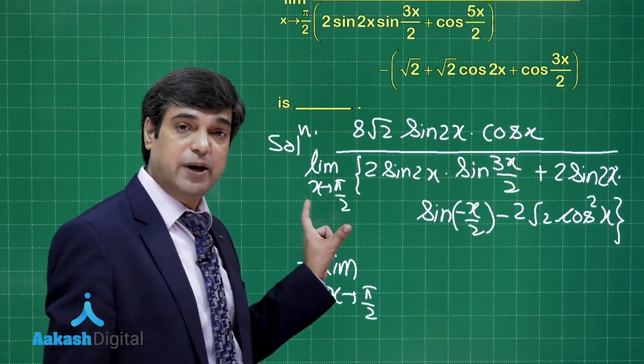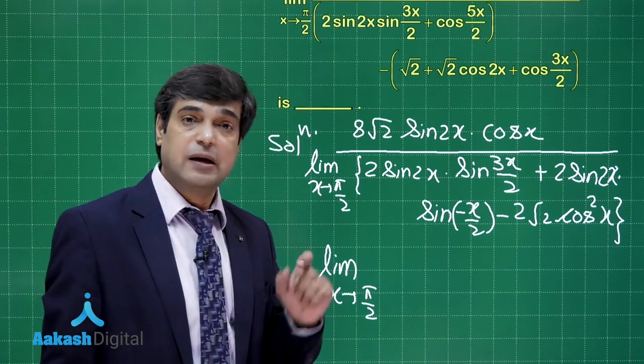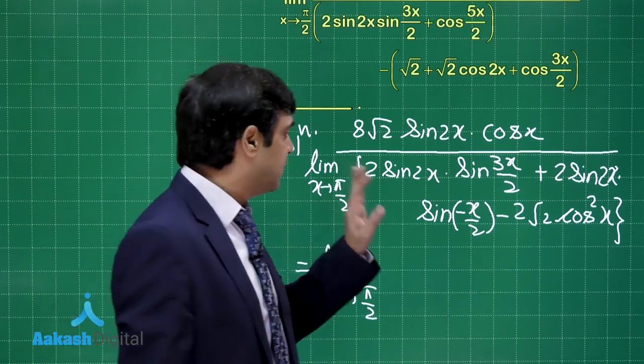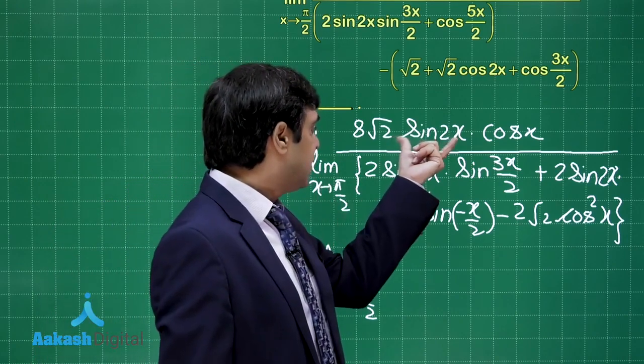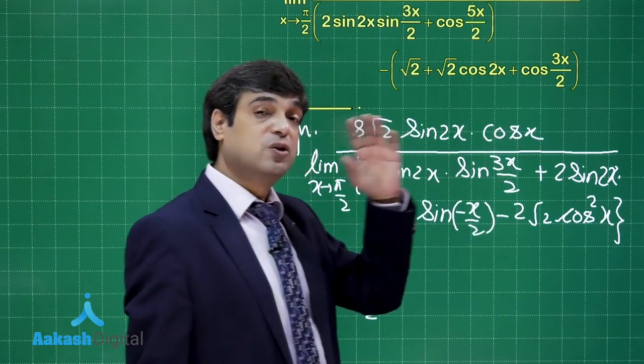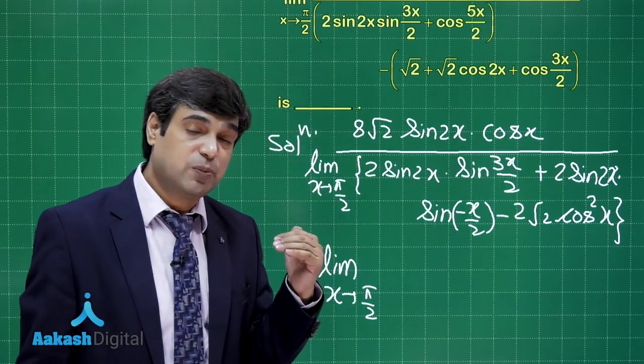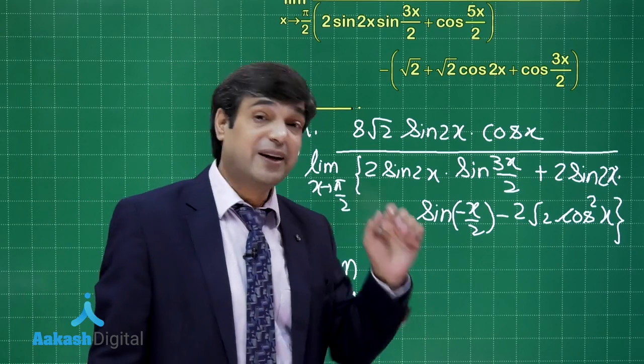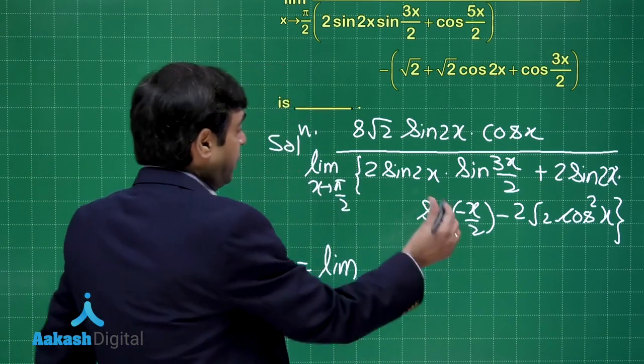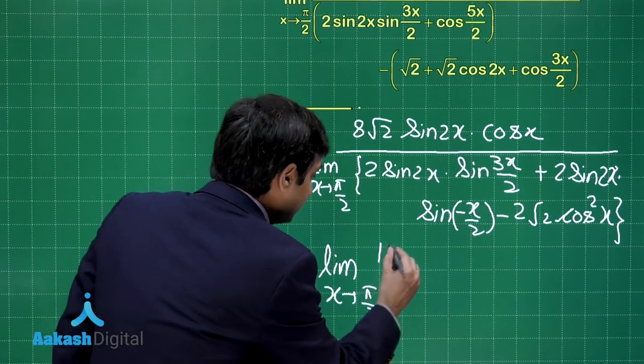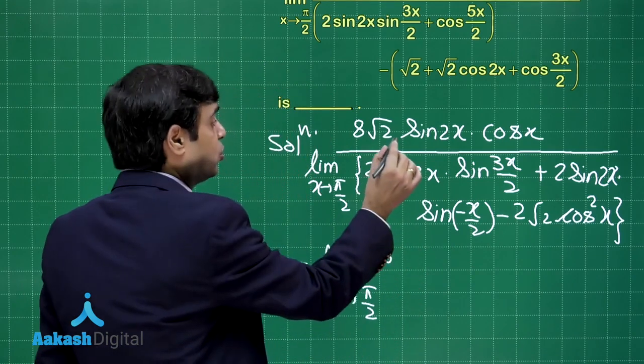X is approaching pi by 2, that is cos x is a problem figure. We have to eliminate cos x as much as possible. This will be expanded, so another cos x will be obtained. So 2 cos x terms are there in the numerator. We need 2 from the denominator in order to cancel. When you expand it, this is 16 root 2